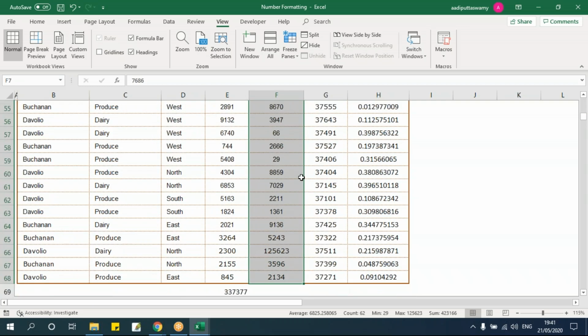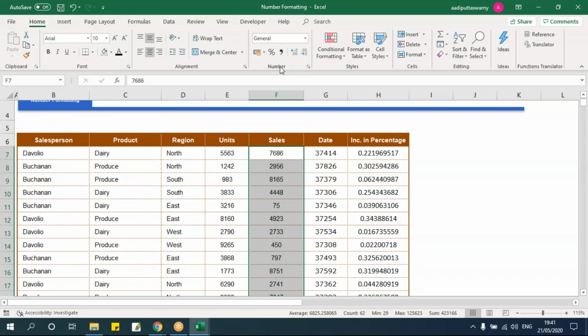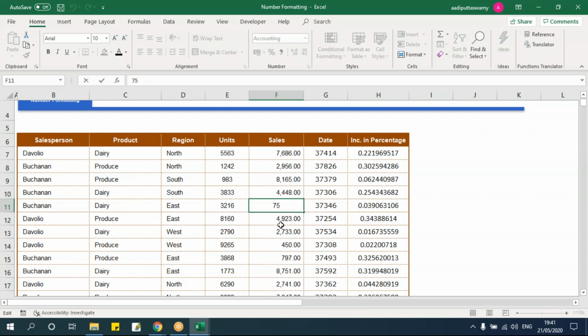Let me select this. A simple way of formatting this is go to home, and here I have this number and I have this 1,000 separator. Just click on this. I'll get this 1,000 separator. My job is done. But I need more formatting in this. Let's say you go here, I'll say -75. It is giving me -75, something like this. But what I need is, if I say -75, it should have a bracket with red color, or say the color has to change to red if it is minus. So I want some different kind of formatting here, instead of this normal formatting.